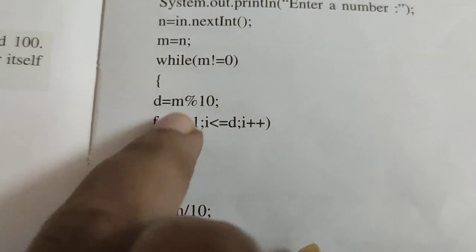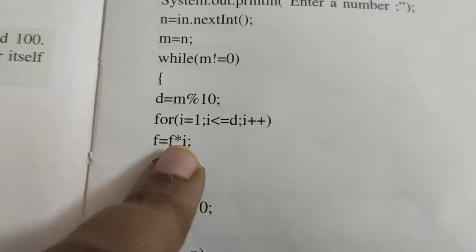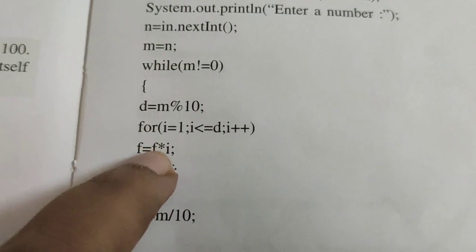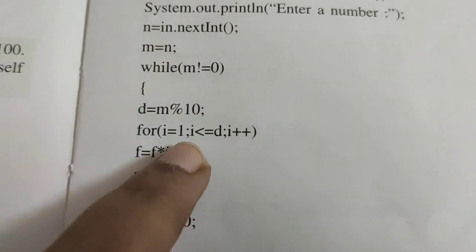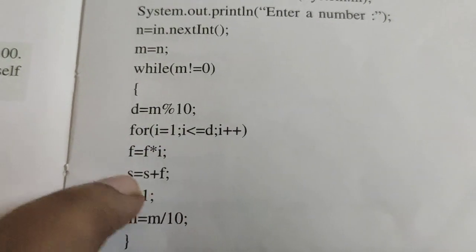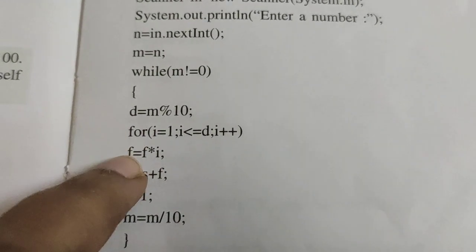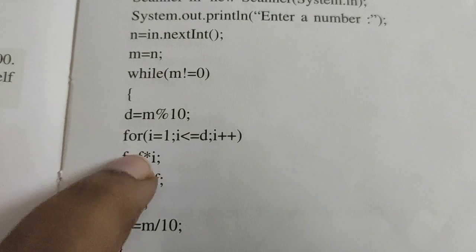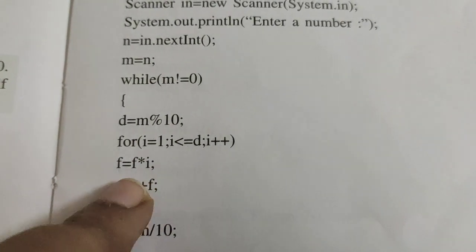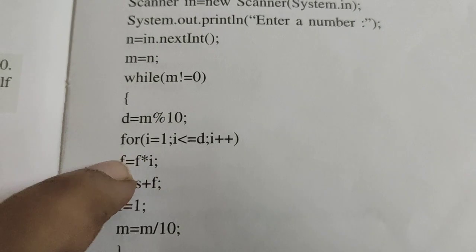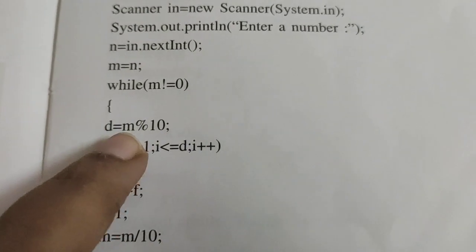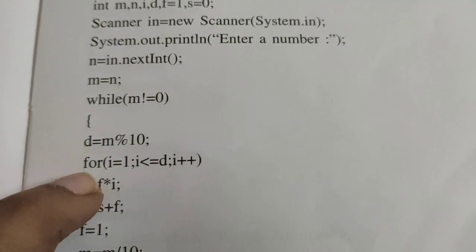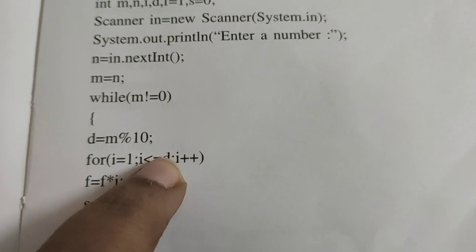So if i is equal to 1, f will be 1 here. Now it will go to the next iteration, i is equal to 2. Already f has 1, so 1 into 2, 2 will be there. For the next iteration i will be 3, and 2 into 3 is equal to 6 will be in f. Now i is equal to 4, it is less than or equal to 5, so again it goes in. 6 into 4 is equal to 24, so f value will be 24. Sorry, last it was 4, now i is equal to 5. It is less than or equal to 5.